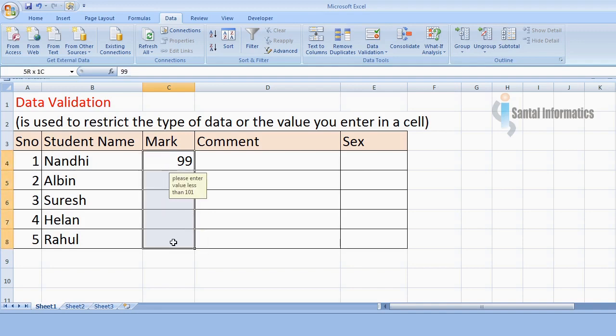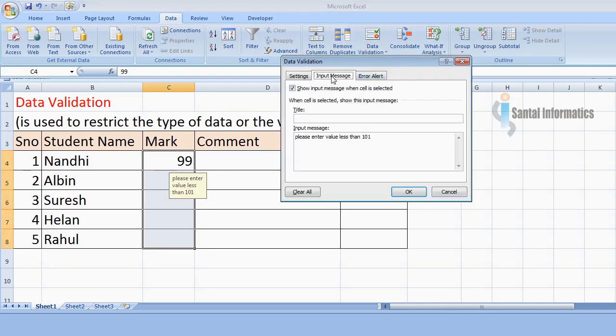Okay, now select the cell, again go to data validation, and click the next tab, error alert. By default, if you type any wrong value in this cell, a default message will be displayed. If you want to replace the default message with a custom message, you can type the error alert here.